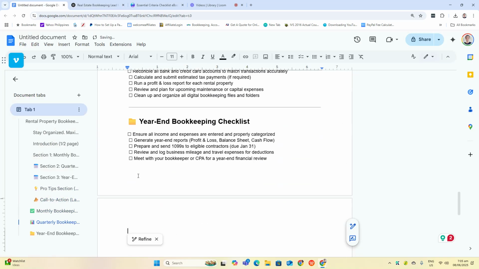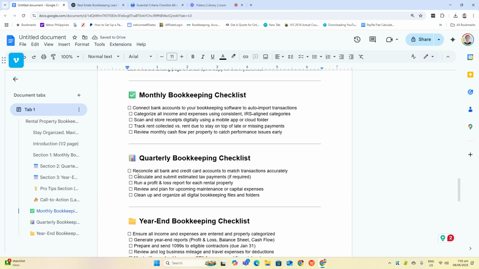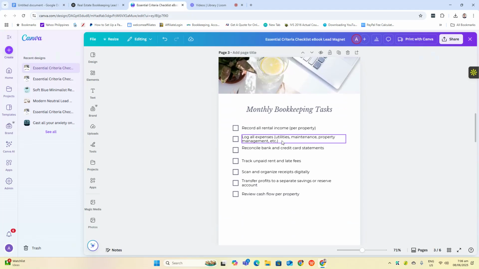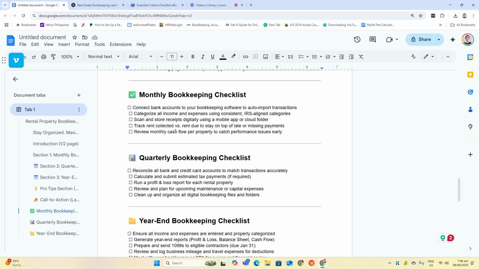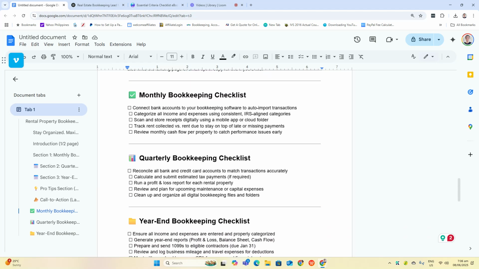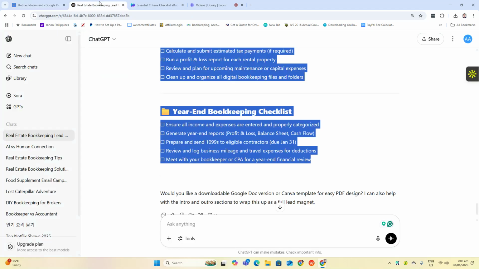Okay. And then connect bank accounts. We have monthly. Well, anyway, you can also use this one, make it 5 tips for monthly or guide, at least 5 tips for monthly, for quarterly, or for year end. Okay.